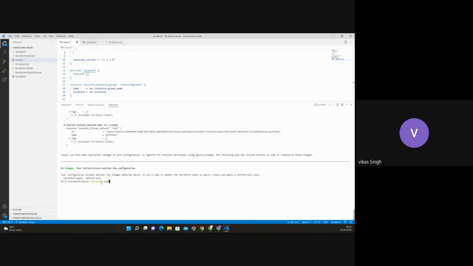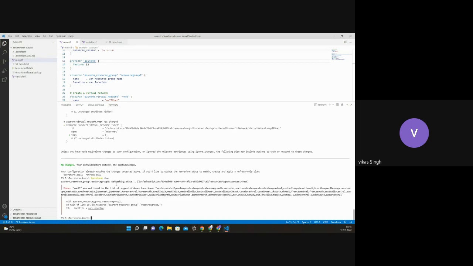So let's run Terraform plan. We have not saved this file. Make sure you are saving it. If you are not saving it, it will not take the changes. Let's do a Terraform plan and we'll see what we get. If your Terraform is destroying, it will follow the dependency. So it will first deploy the child resources, then it will